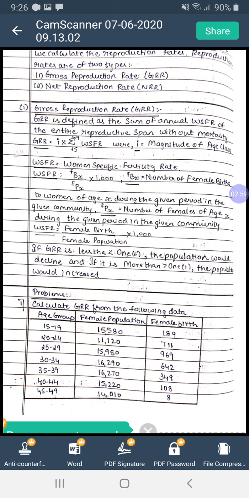So in simple terms, WSFR is equal to female births divided by female population,